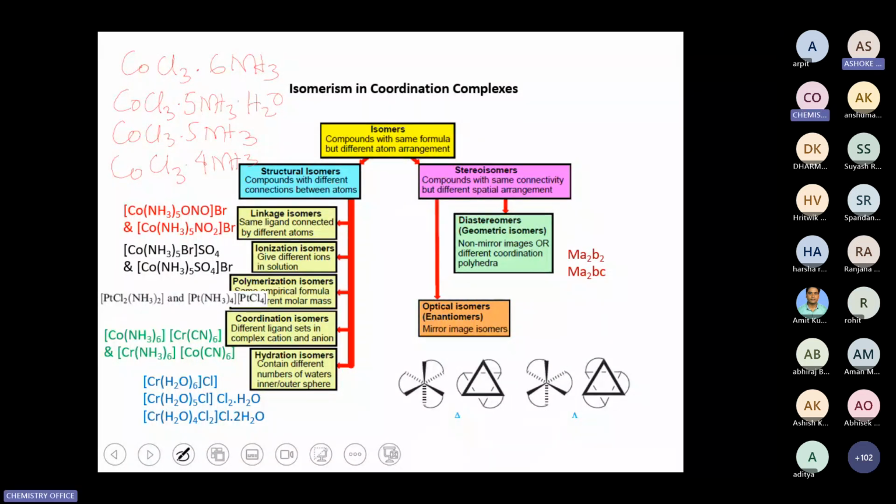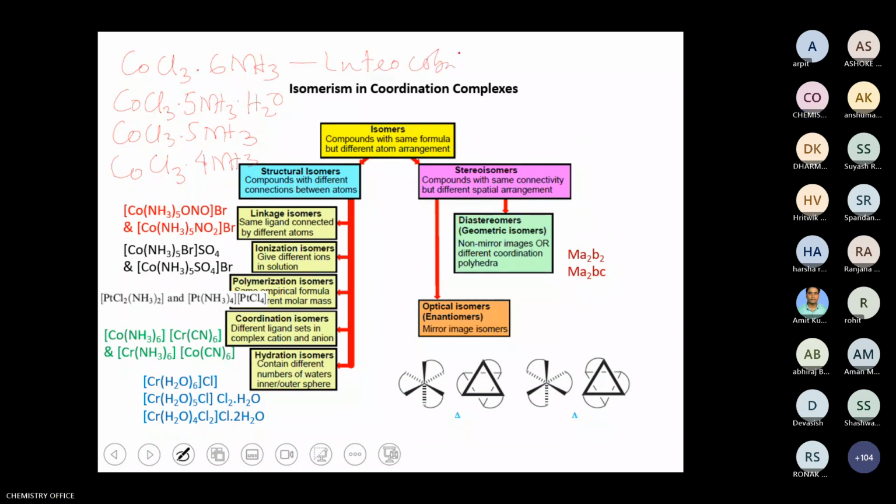Yeah, it is visible. Okay, he reported there are a total of 5 molecules. In these 5 molecules, the first has the molecular formula CoCl3·6NH3. In the second one, 5NH3 and 1 water. In the third one, 5NH3, and in the fourth one, 4NH3. But from the fourth one, he actually got 2 different isomers, and he named these